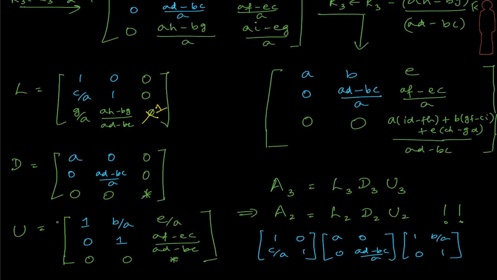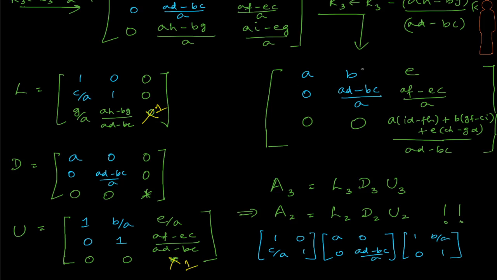Now that I have my U, this is my upper triangular matrix, we could simply divide the first row by A so that we can create ones on the pivots. We are dividing this by A, we are dividing this by AD minus BC by A, and dividing this by this huge expression, and therefore I get my upper triangular to be 1 1. So I guess I should have written here, sorry, not a star, should have been a 1 here.